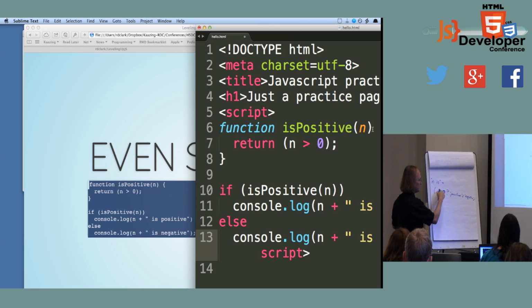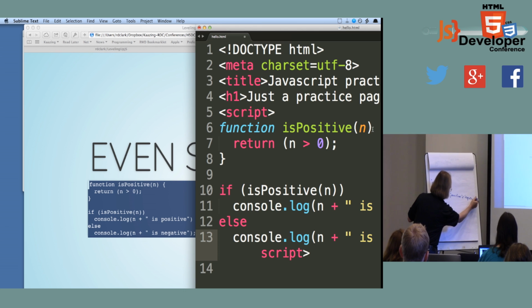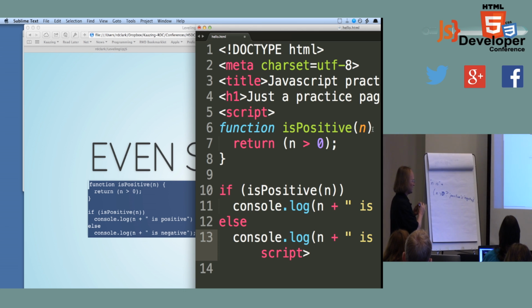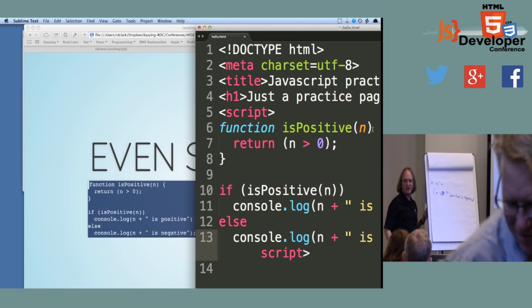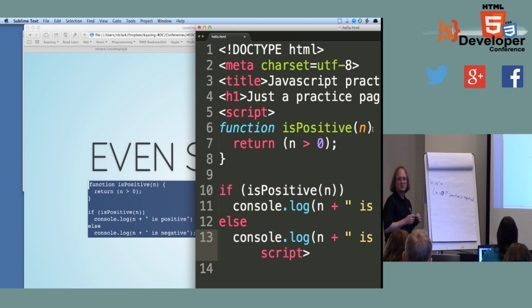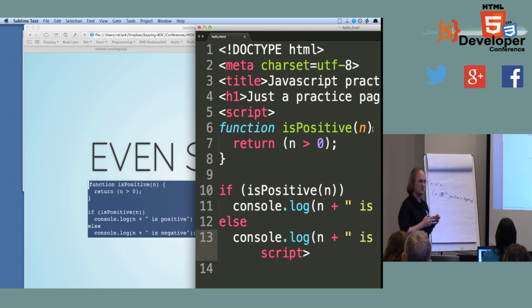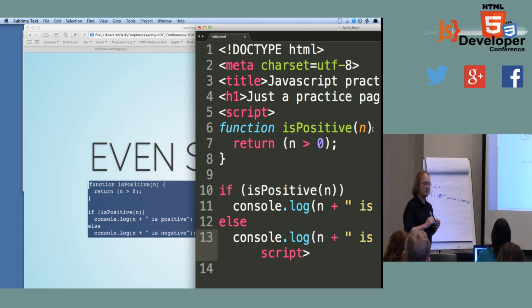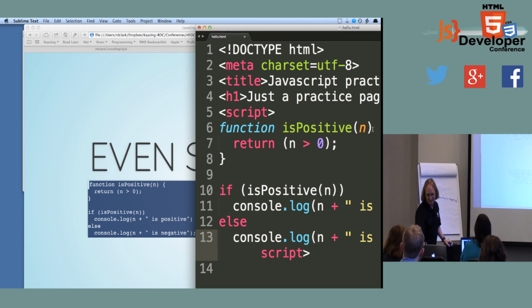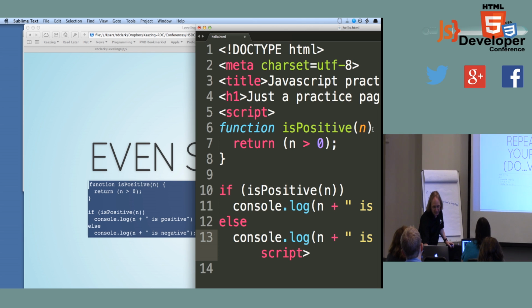What's that doing? There are two special values in JavaScript. One's called true and one's called false. If true, it always happens. If false, it never does. So in this case, I said compare n to 0. That result will either be true or false, and so I'm returning that from the function. And now I'm using it down here. If isPositive n returns true, do this console log. Else, meaning otherwise, do that console log. And again, I left out the braces, the code blocks, because for an if statement where you have a single line, you don't actually need to put the brackets around it.